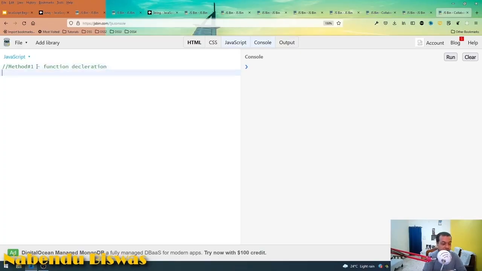It is known as function declaration: function addNums(num1, num2) { console.log(num1 + num2) }